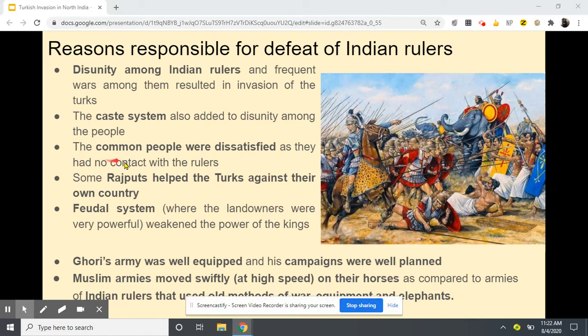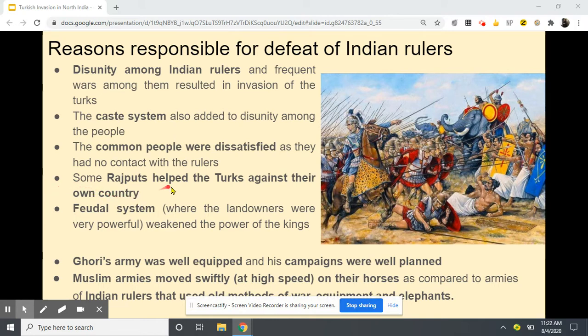And this also resulted in dissatisfaction among the common people. Another reason was that they had no contact with the rulers. The common man could not convey their problems to the rulers. Only the Brahmins and Kshatriyas were given an opportunity to contact the rulers. Also, to move ahead and rise, Brahmins and Kshatriyas were given all the opportunities, whereas the common people were not given any kind of opportunities, so they were not satisfied and did not have any contact with the rulers to convey their problems.